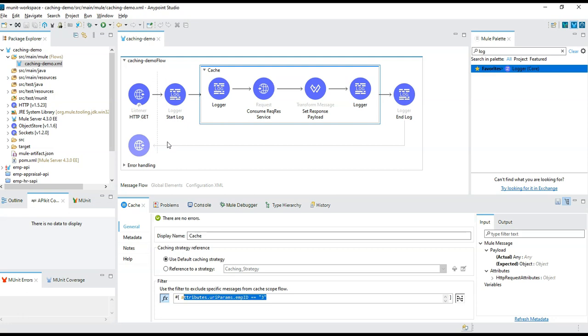To be honest, in my experience, I never came across usage of cache scope. I'm not sure whether we will use it further or not. A scenario where we can use cache scope: assume a customer is impatient, he made the payment and didn't get any status back. He is impatient, so again he submitted the payment. In such times, we can make use of cache scope to restrict duplicate requests. The advantage of cache scope is that performance will be increased.